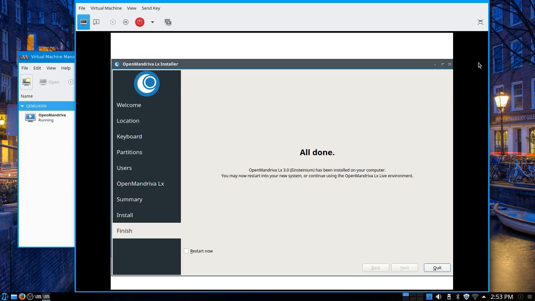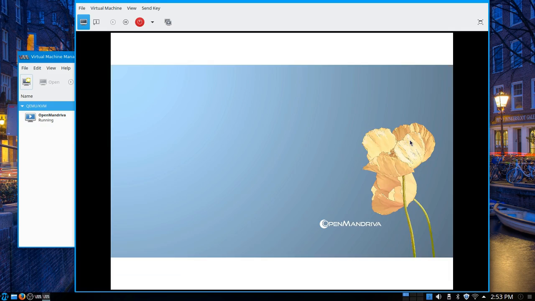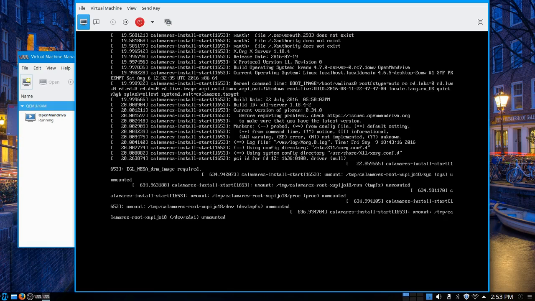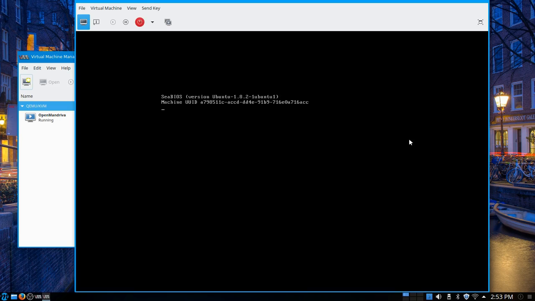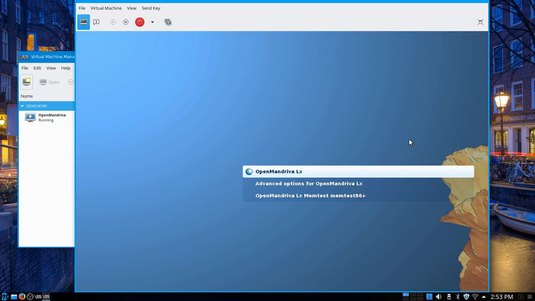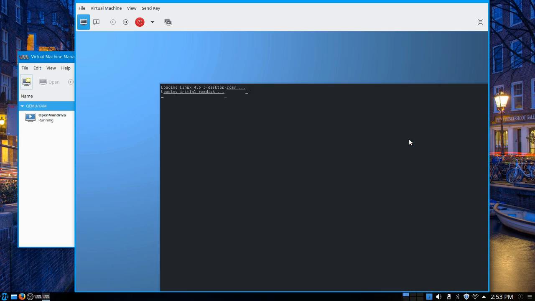Running unmount operation. We're all done. Look at that, 2:53 p.m. And we are all done. So let's say restart now, quit, and we're just going to watch this thing disappear. There it goes, unmounted. And view your connection to hypervisor, and there we go. The hypervisor is starting. So I'm going to say OpenMandriva, and this is the normal boot screen, and away it